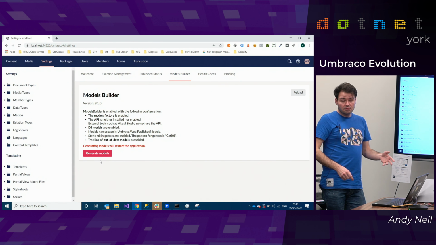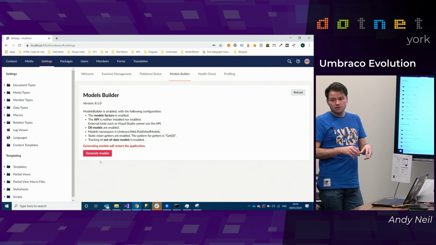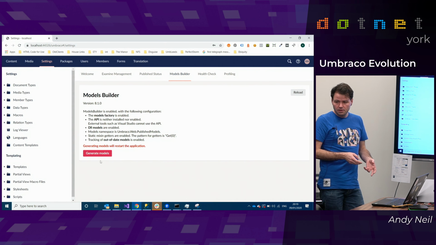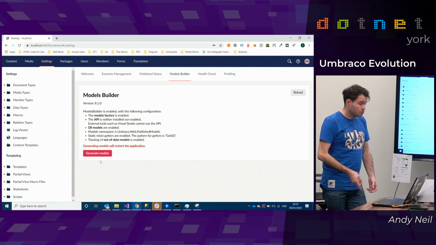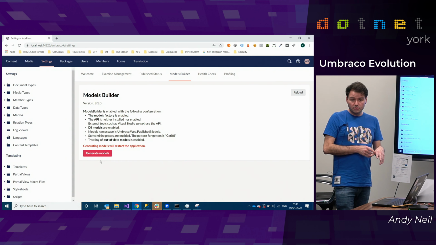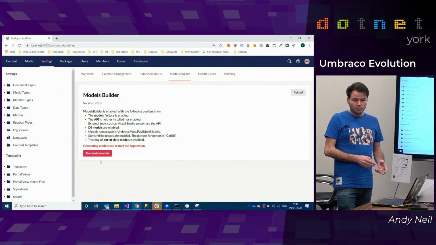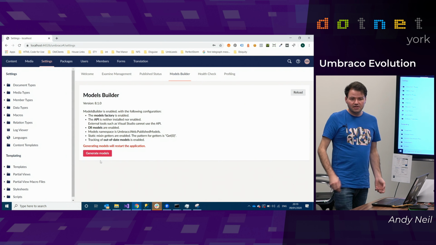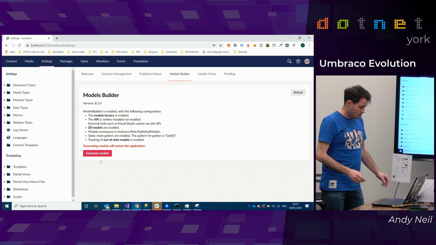Models Builder is actually something that they brought in, so Umbraco are really good at looking at things that the community do and pinching it into core. If it's worth being in core, they'll take it in and polish it and put it in there. That was one of the really big things that worked hand in hand with when they went to MVC and having proper strongly typed models. I think it started to make a lot more sense to proper MVC developers and proper .NET devs, because they looked at it and went, oh, actually, yeah, I can work with this, and you can do all the fancy stuff that you can do with MVC.